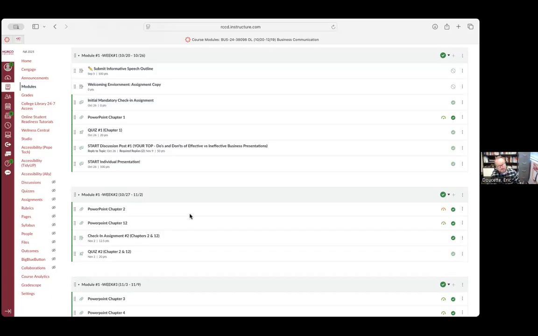But in the assignment instructions, it's very clear when the assignment is due. You don't need to upload anything for the individual presentation until the very last week. But on the discussion post assignment, you do need to be doing something every week, as it explains in the assignment instructions. So looking at this week, week number 2, I'm going to go ahead and move those 2 assignments